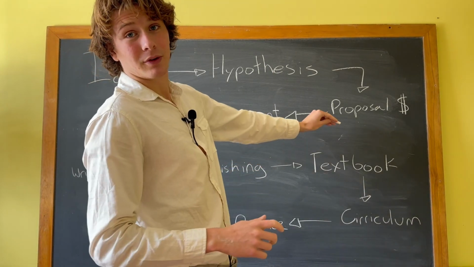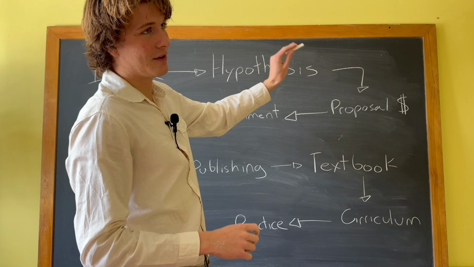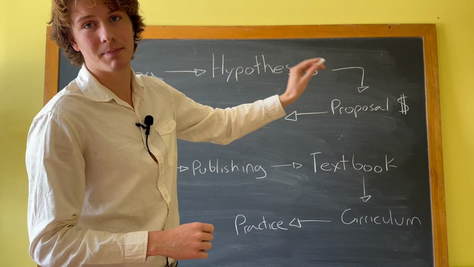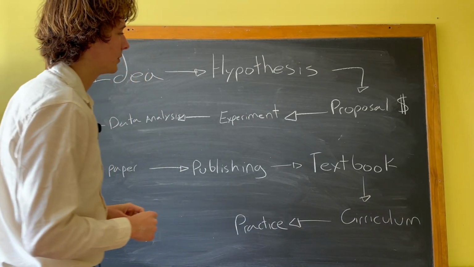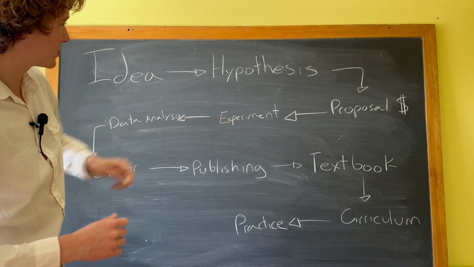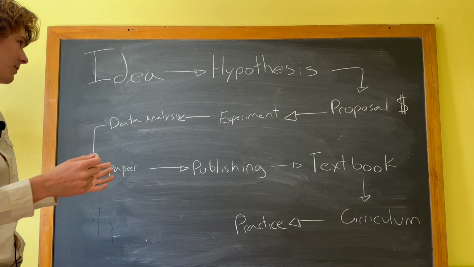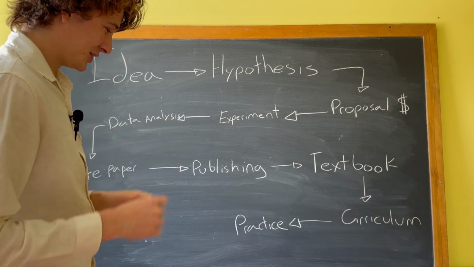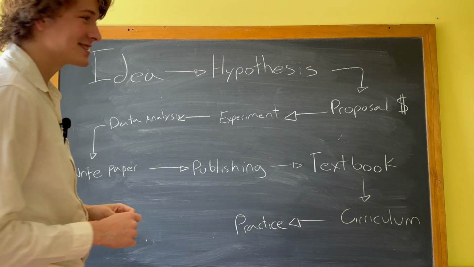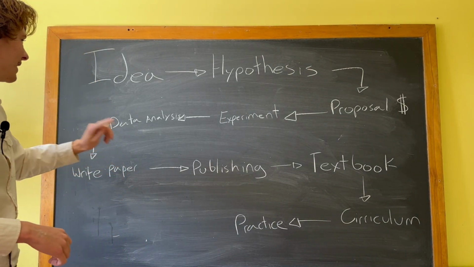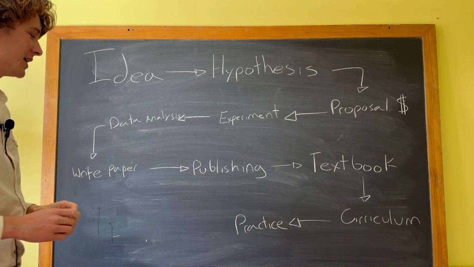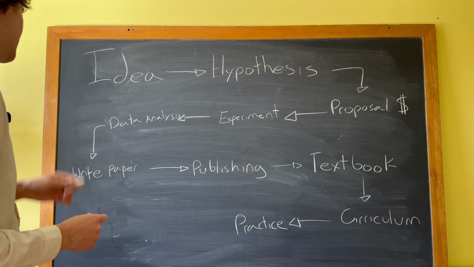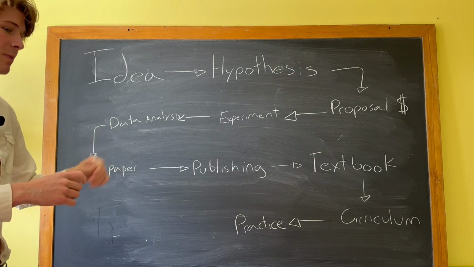Next, we have the proposal, right? You generate your hypothesis, you have your results that you want to get, you generate a proposal because you need money to conduct an experiment. It's that simple. So you get your money, you run an experiment. You run your experiment, hopefully it aligns with your hypothesis, hopefully the methods is actually good. That's what I'm going to come through and assess, so it better be good. You got data analysis, right? Hopefully it's blind, likely it's not blind. It should be objective. Often it's not. Should be objective. You write your paper.